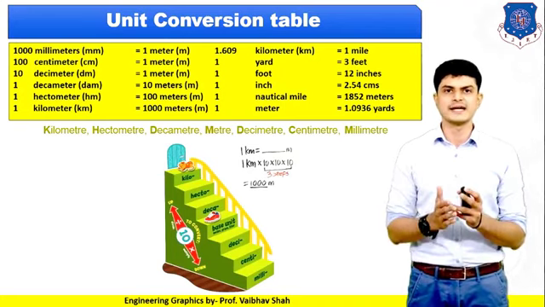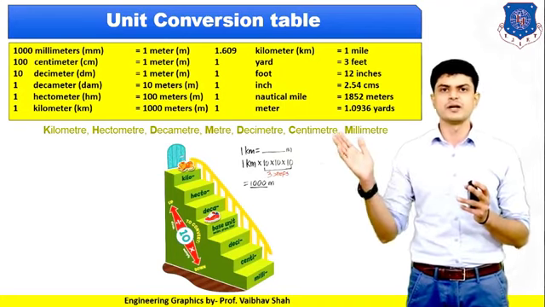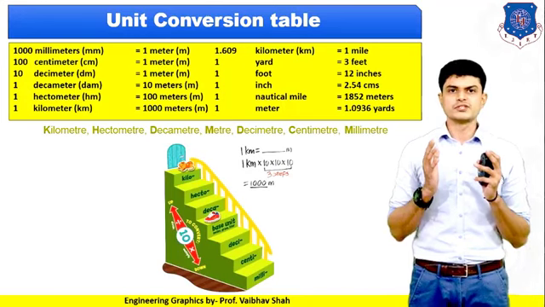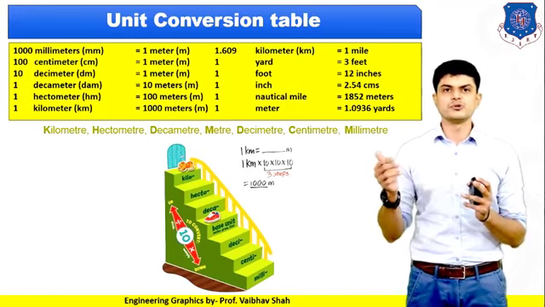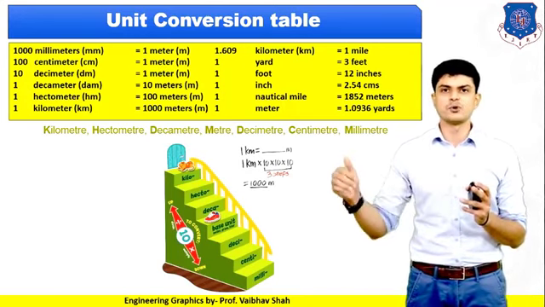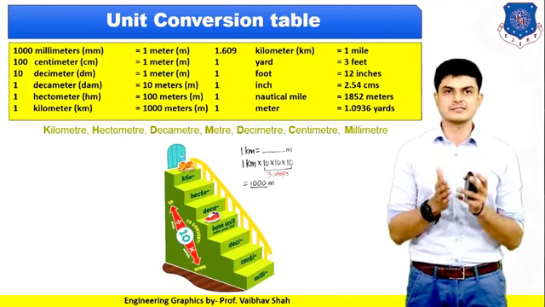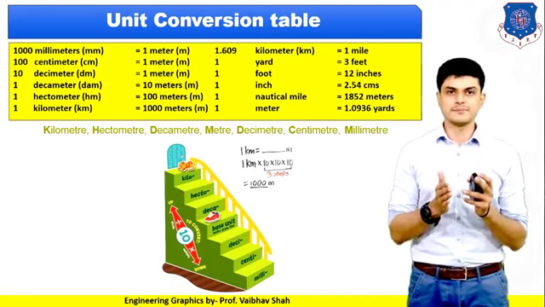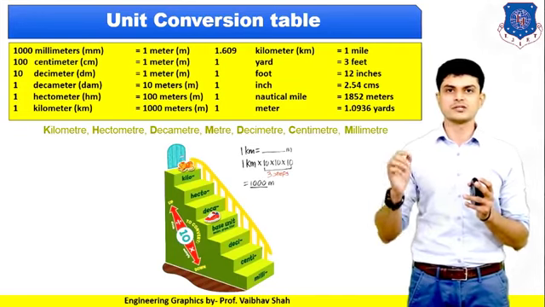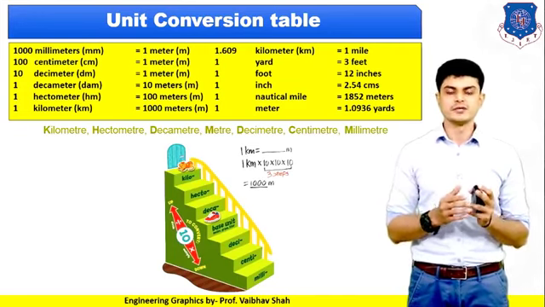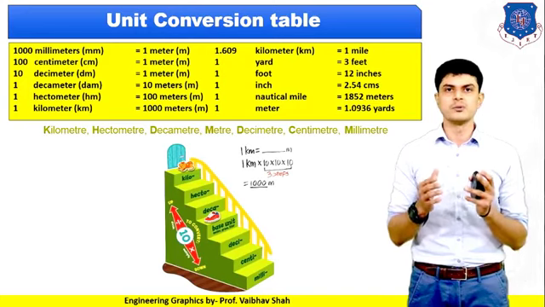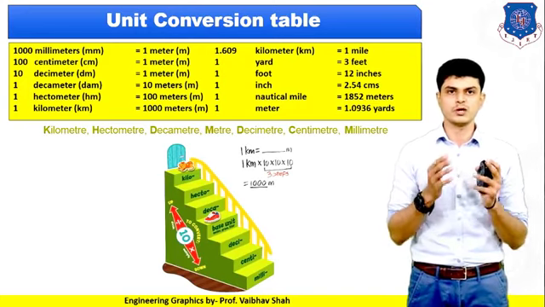One arrow is going upwards and one arrow is going downwards, which shows that if you are going up, then you need to divide by 10, and if you go down, then you need to multiply by 10. So in our case, let us take one example. In our example, we have this conversion from 1 kilometer to meter. So what we will do is convert kilometers into meters now. So what to do now?